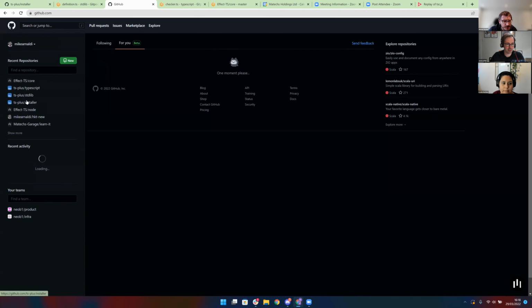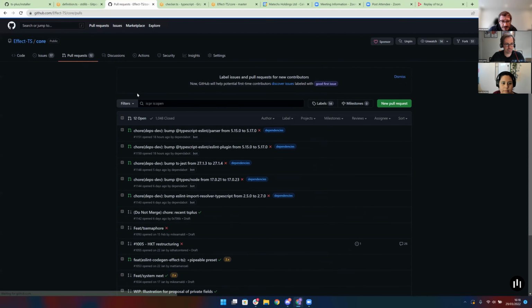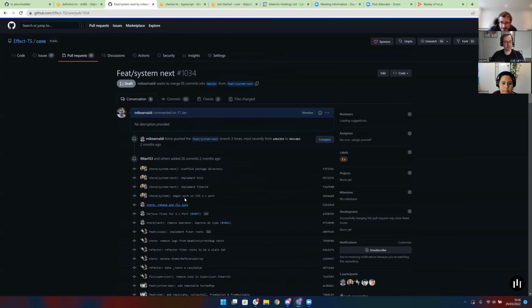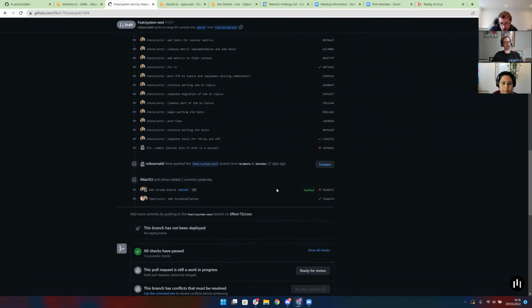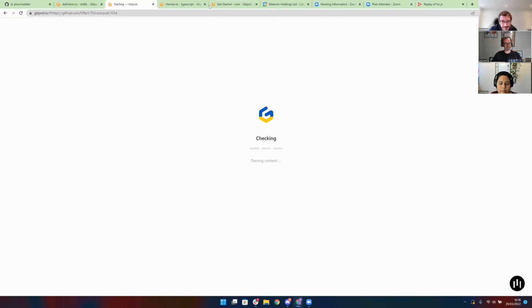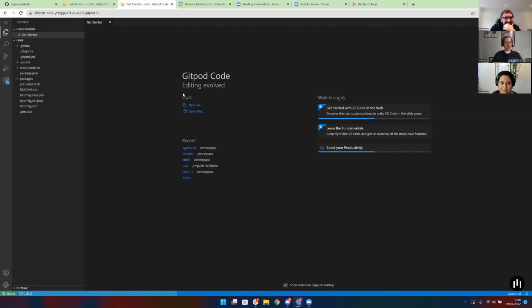Might have been better for me to get it from this, which is a huge refactoring which is going on, but the code is way more clean. Gitpod pre-built on a specific PR. Yeah.